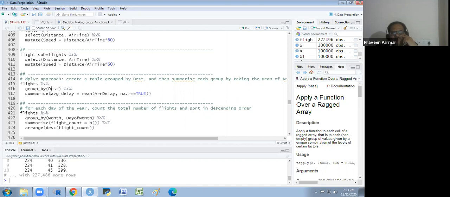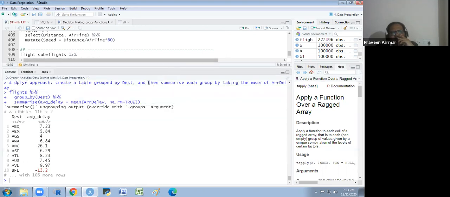So we summarize the average delay, that is the mean of the arrival delay, with na.rm equal to TRUE because there may be some missing values. So look at this. We are getting the average delay for each destination.